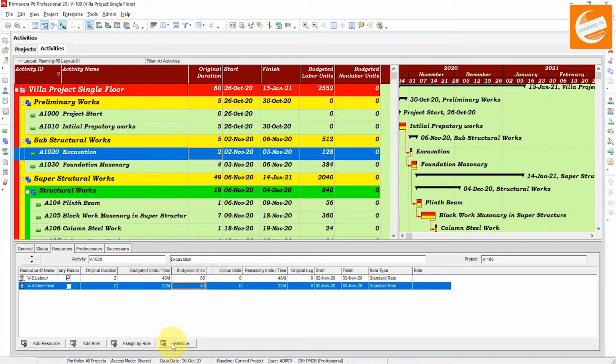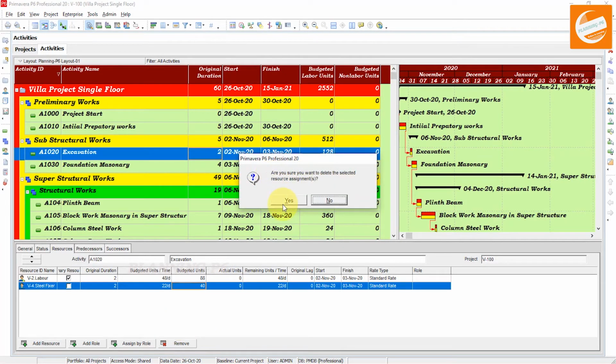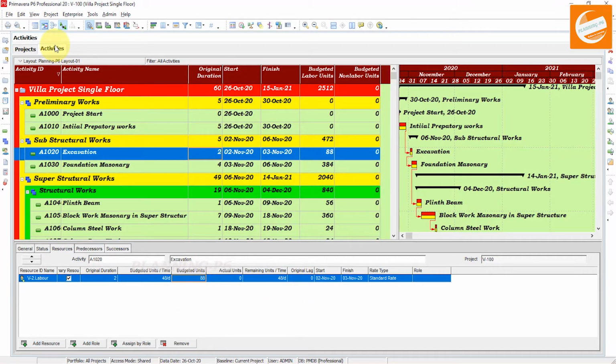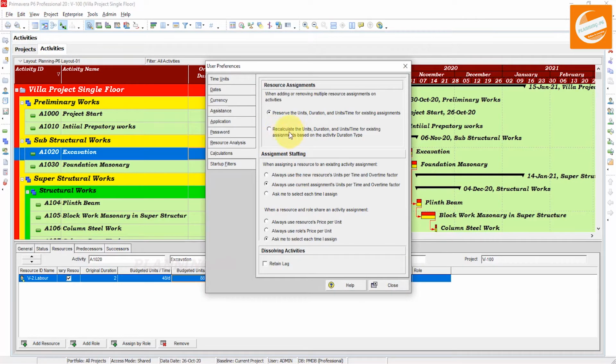Now we will remove that steel fixer resource and go to the other option. I want to actualize my schedule, so in user preferences, I select recalculate units, duration and units per time for existing assignment based on the activity duration type, and close that one.